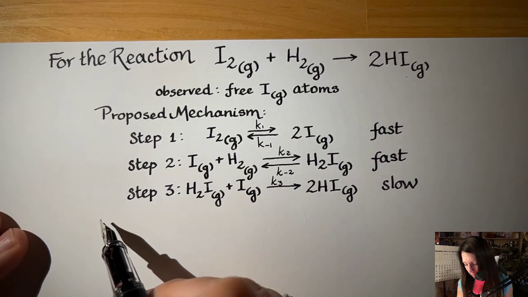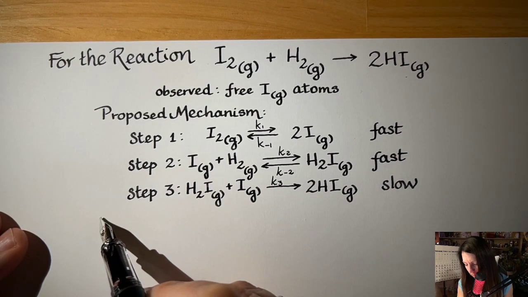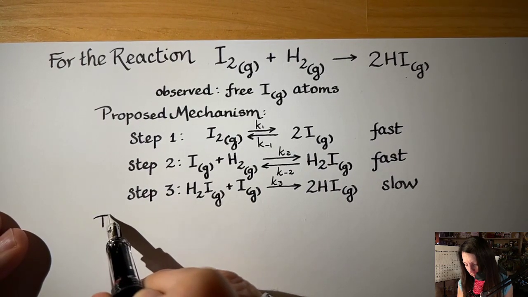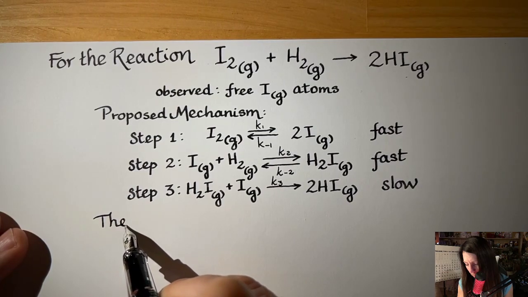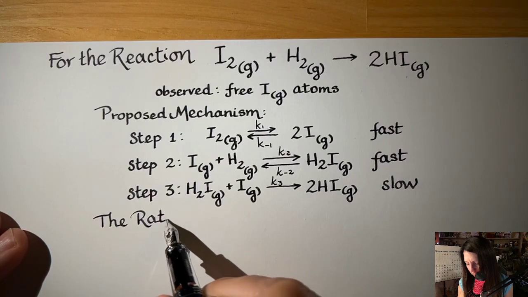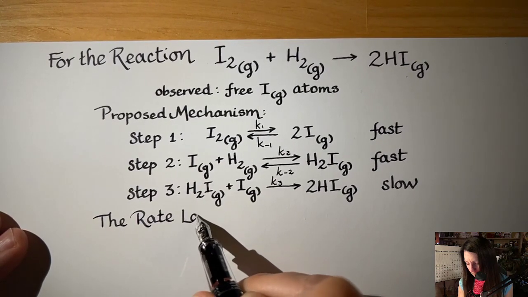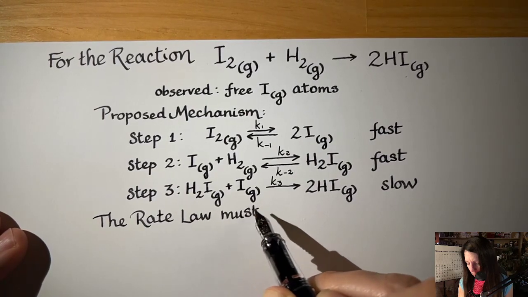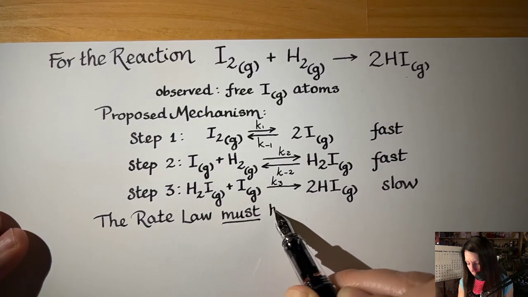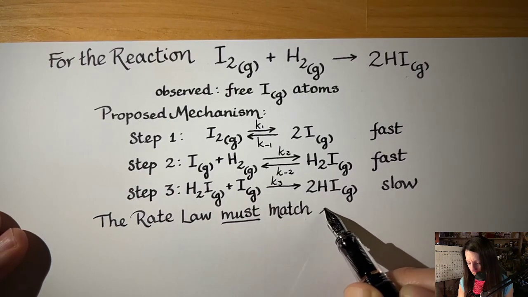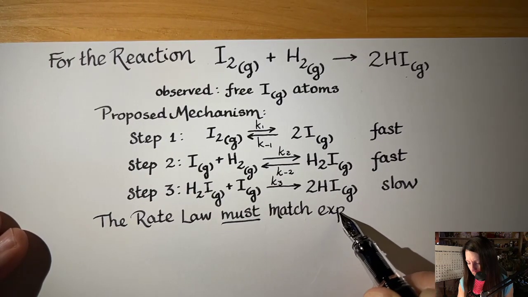But it does need to have a rate law that is consistent with what is observed experimentally. Okay, it must match the experimental rate law. The experimental rate law